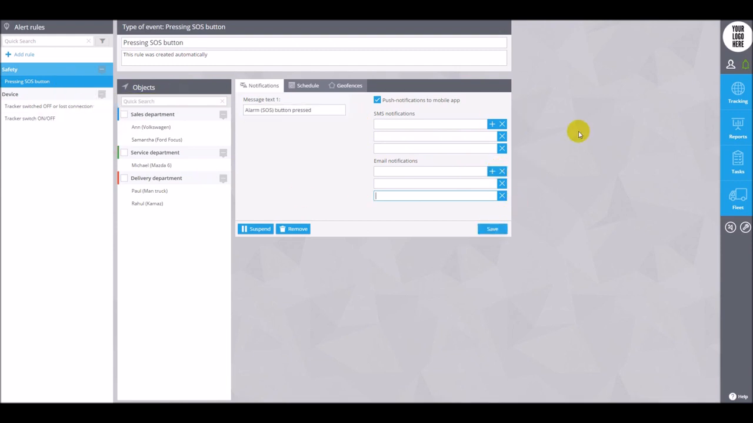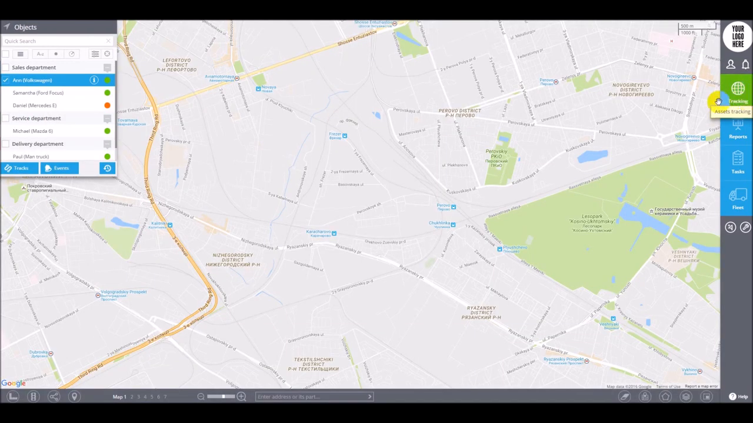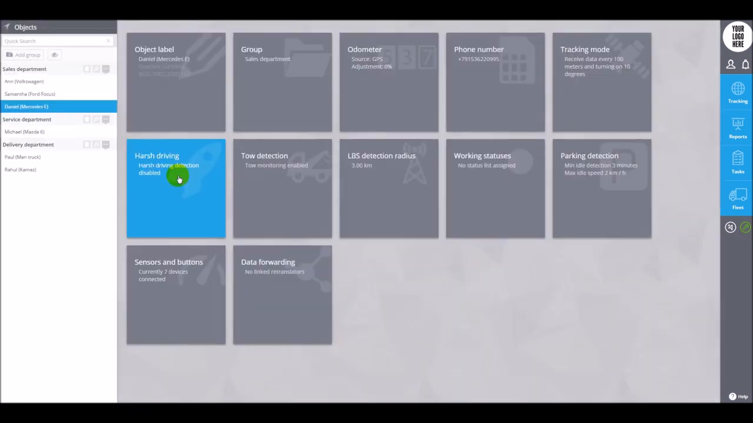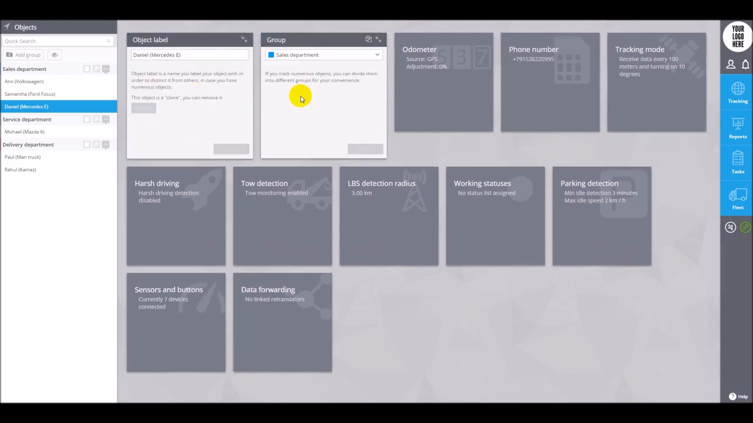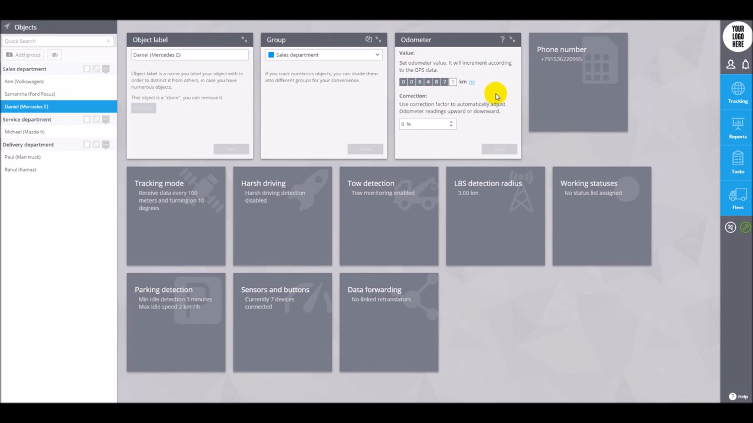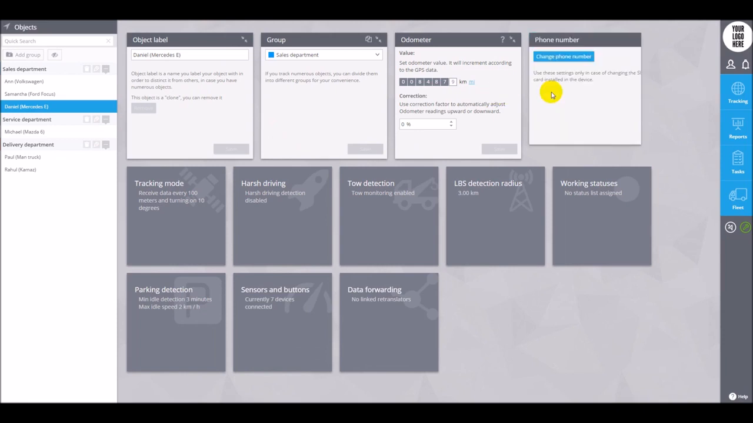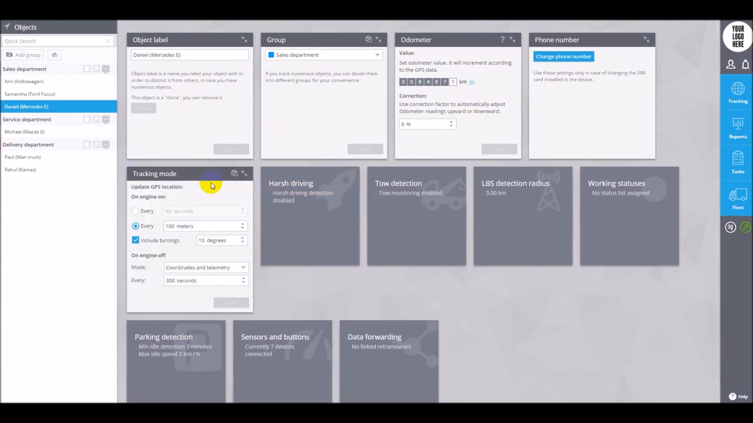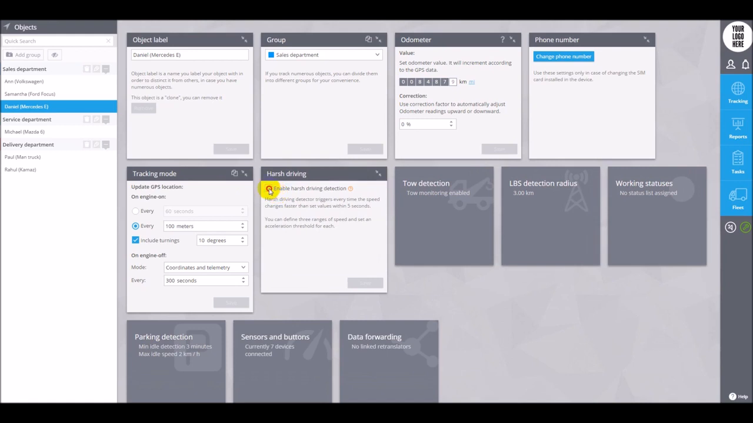Our platform gives you an ability to change the settings and configuration of your devices right from the platform without the necessity to send complicated SMS commands. You may manage your device settings via GPS using our device settings application. This application consists of various portlets for different purposes. You may change the name of the device, group devices, add odometer widget based on GPS mileage readings, edit the phone number if you change the SIM card in the device, change tracking mode settings, set harsh driving, configure tow